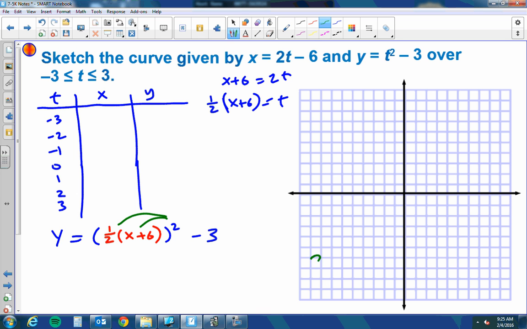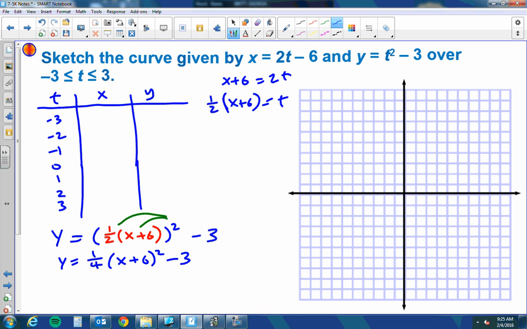Watch this. You know, the rule is if you had like 2 times 3, actually let's make it easier. 2 times 5, parentheses squared. What's the answer? 10 squared is 100, right? You could rewrite that as 2 squared times 5 squared, and that's 4 times 25, which is 100. So I'm saying you can distribute if it's multiplication. If it's addition, you couldn't. So, which means this becomes 1/4, and that's just x plus 6 squared